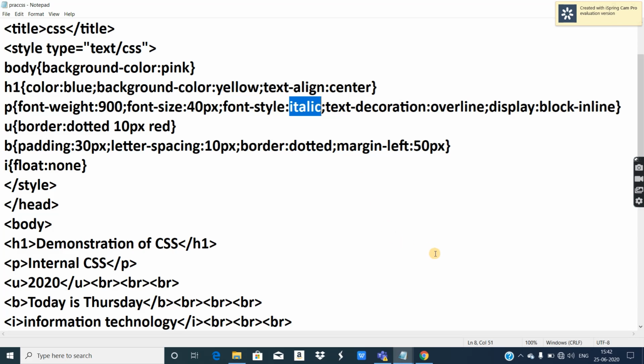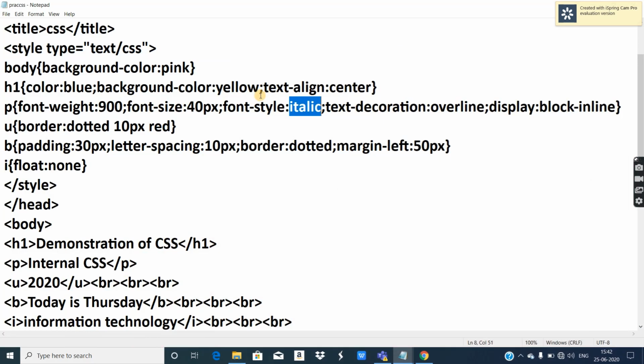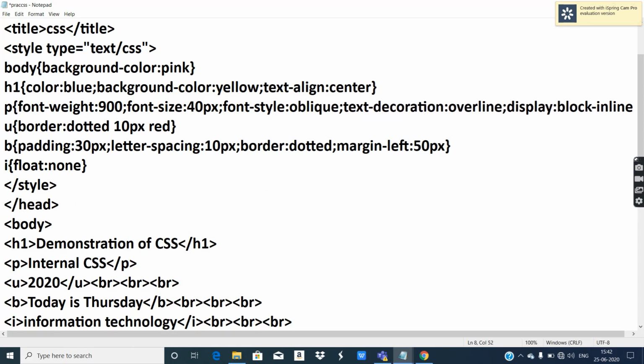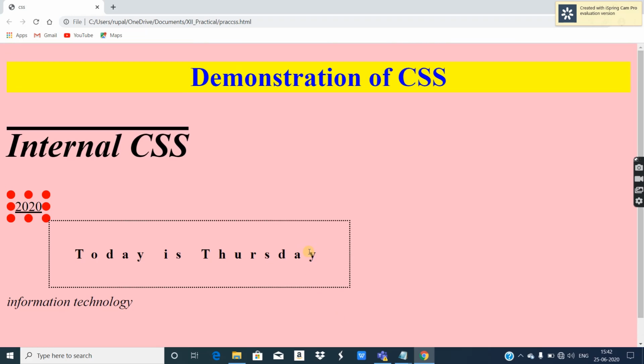I'll save it and show you the italic effect. See, refreshed, this is the italic effect, slanted text. Then we'll try oblique also. OBLIQUE, spellings must be correct. Very important in HTML, spellings must be correct because there is no separate software to show you the errors.